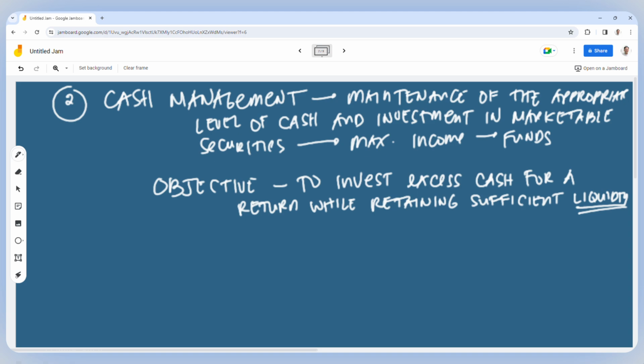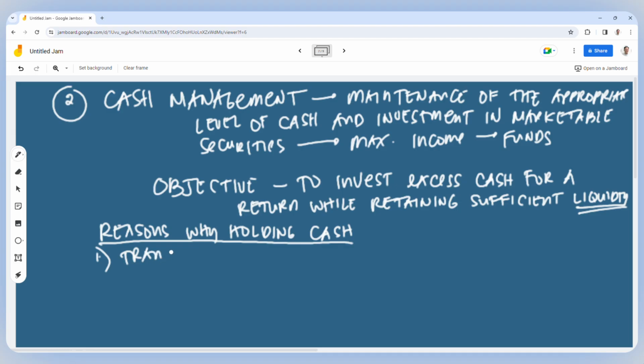Okay. So, ano naman class yung mga reasons, no? Reasons why holding cash. Ba't pa tayo makakaroon ng cash, no? So, ano yung mga reasons? Siyempre, number one, para we have a transaction purposes. Ano yung klase yung transaction purposes? Siyempre, that's your day-to-day operations. Kung wala tayong transaction purposes, paano tayo mabubuhay sa company, di ba? Okay? So, maintaining cash balance that they use to conduct your day-to-day operations, di ba? And that's your transaction purposes.